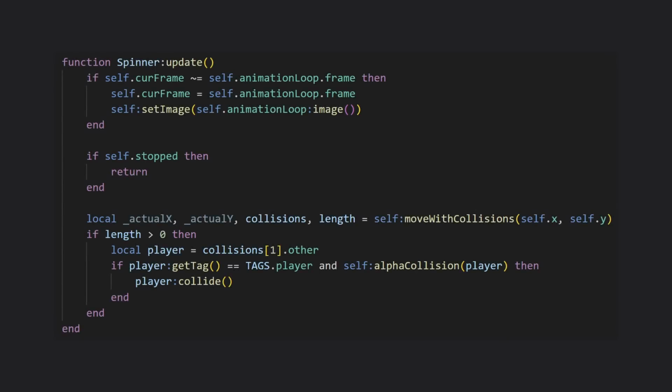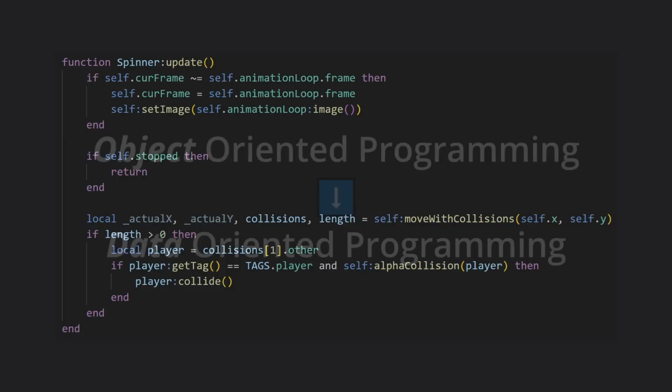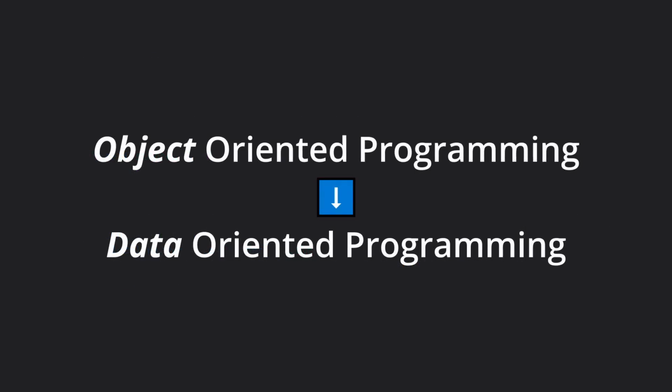However, table access can add up pretty significantly within the class methods, in the case that you're creating your own class and writing your own methods. In class methods, you're accessing properties using the self keyword, but notice that we're doing a table access on the class instance each time we're doing this. It's unavoidable when using object-oriented programming, but really OOP and classes in Lua are not very conducive to performance. So in performance-critical scenarios, it might be better to replace it entirely with a data-oriented design, which we'll briefly touch on later. However, classes are very convenient, so if you're not hurting for performance, I wouldn't go ripping out all